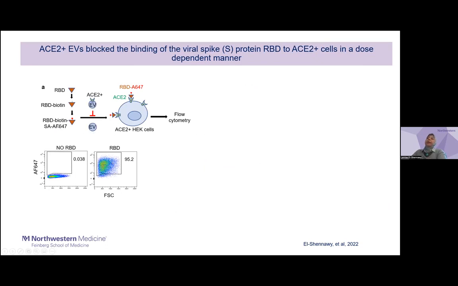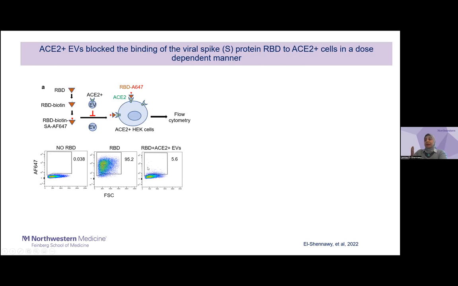However, if we pre-incubate the labeled RBD with ACE2 expressing vesicles, the RBD will bind to the vesicles, and there will be less of the RBD found to bind to the cells when we incubate the mixture with the cells. And by flow cytometry, we found inhibited